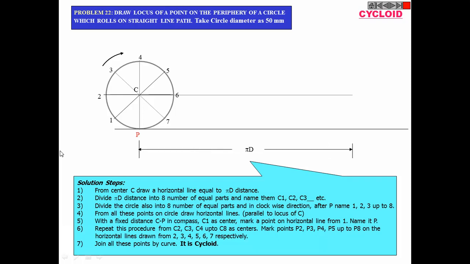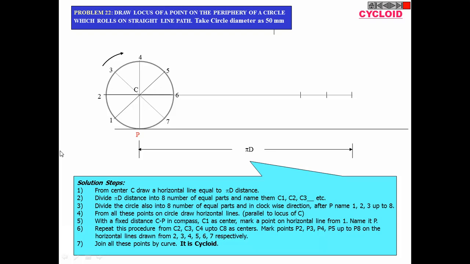This is nothing but the same way what we did in involute of a curve. What we were doing, we were opening the shape. This is also the opening of shape only. But the difference between involute and cycloid is that in involute we were doing it from the bottom of the point, whereas here we are doing it from the center of the circle. That is the only difference. Otherwise the length is also pi d. So ultimately the shape is open only.